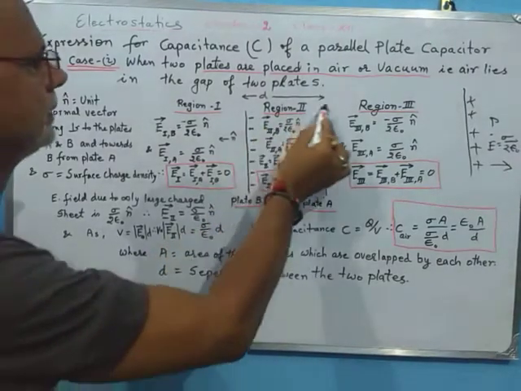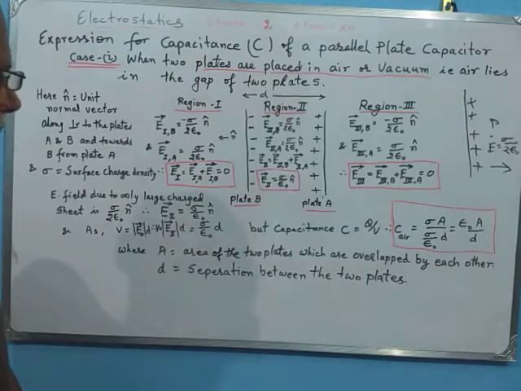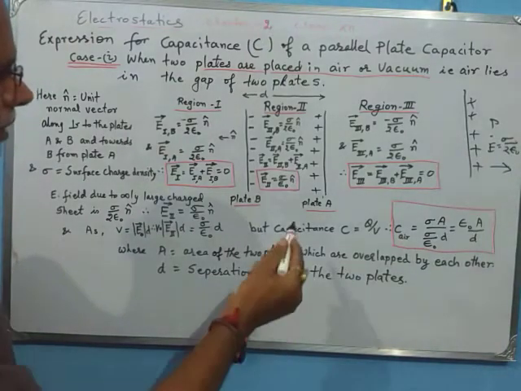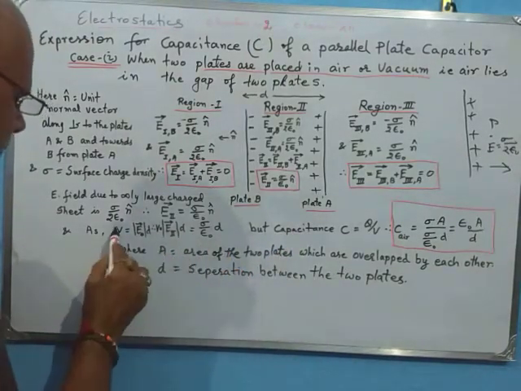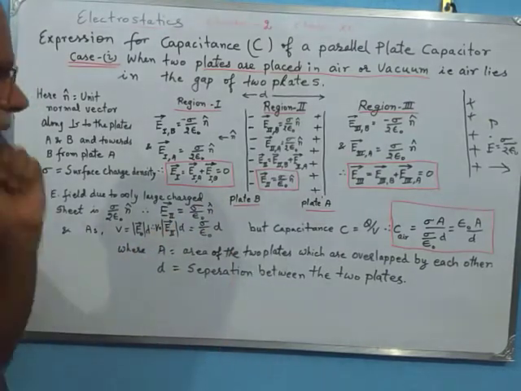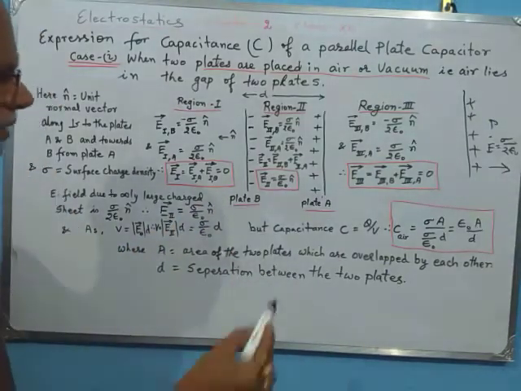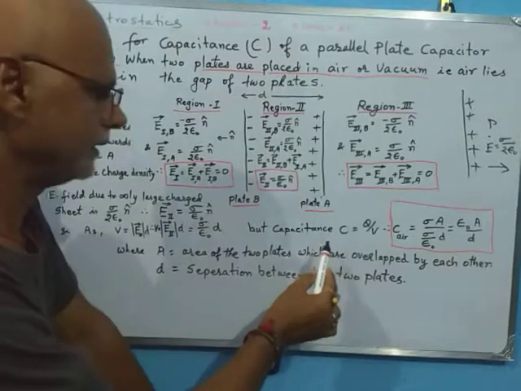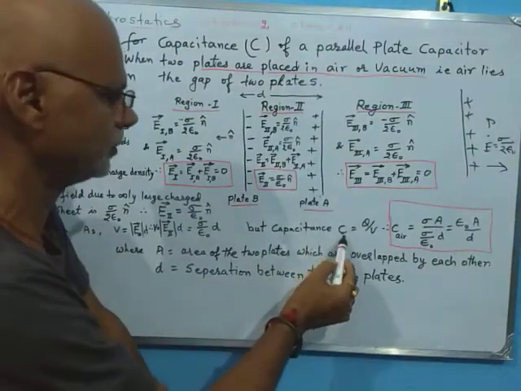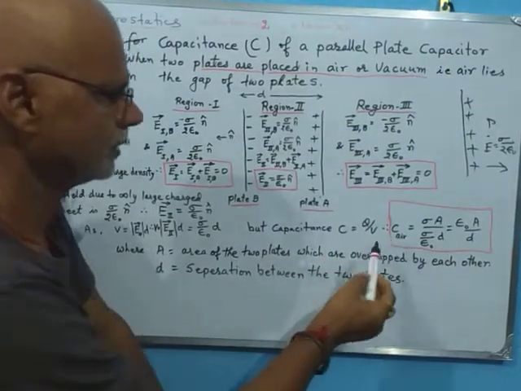What is d? d is the separation between those two plates. So that way we got potential difference across the two plates, and we also know that the definition of capacitance is C is equal to Q by V. Therefore we have